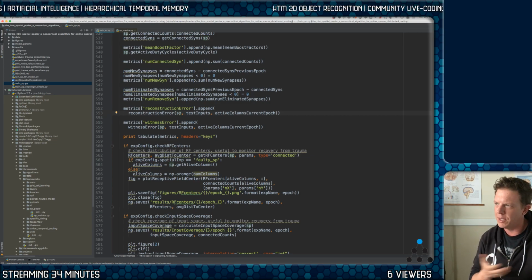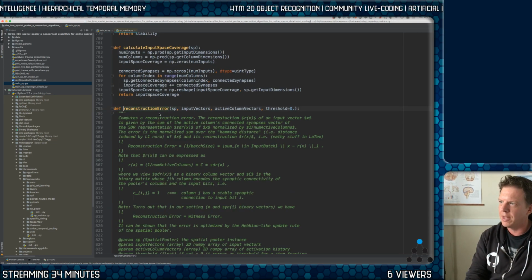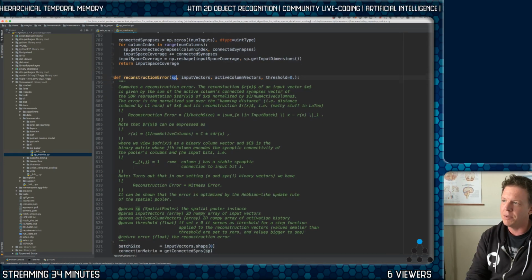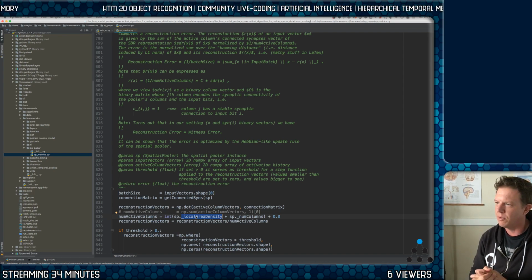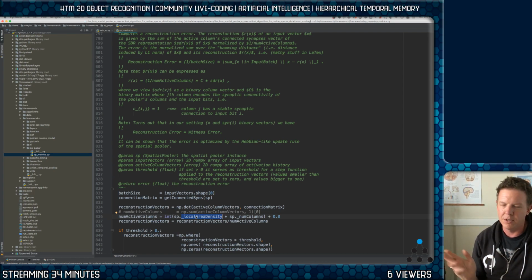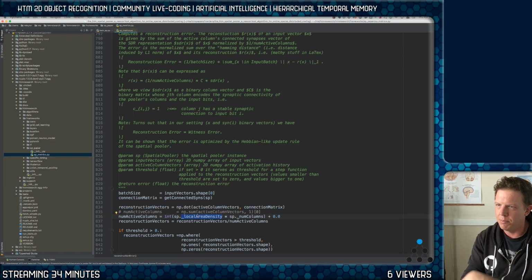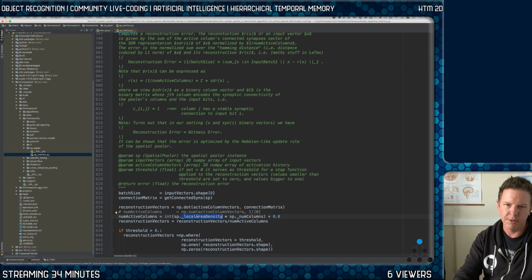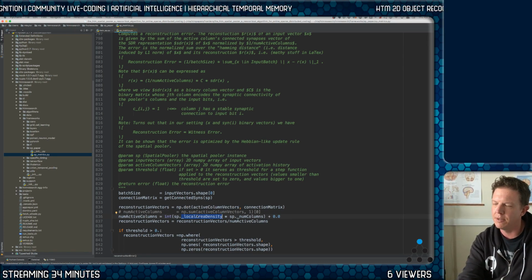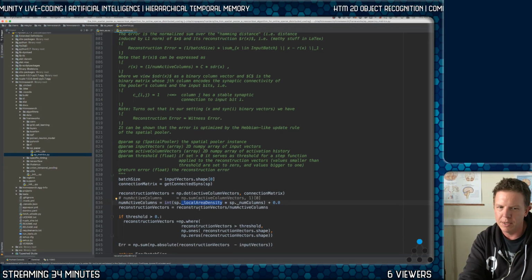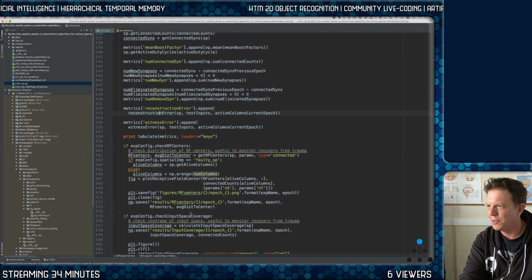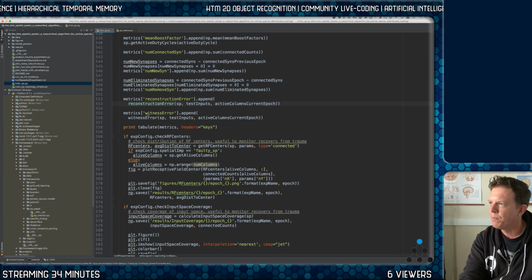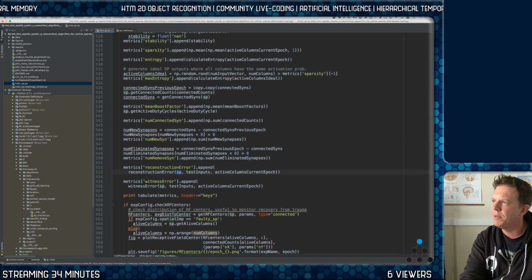So this function, reconstruction error, knows that the SP being passed into it will have a private property called local area density, underscore local area density. Underscore typically means it shouldn't be used outside of itself. It's sort of a protected or private property. Inappropriate intimacy, that's the code smell we're seeing right here. Reconstruction error has inappropriate intimacy to SP. So the SP,